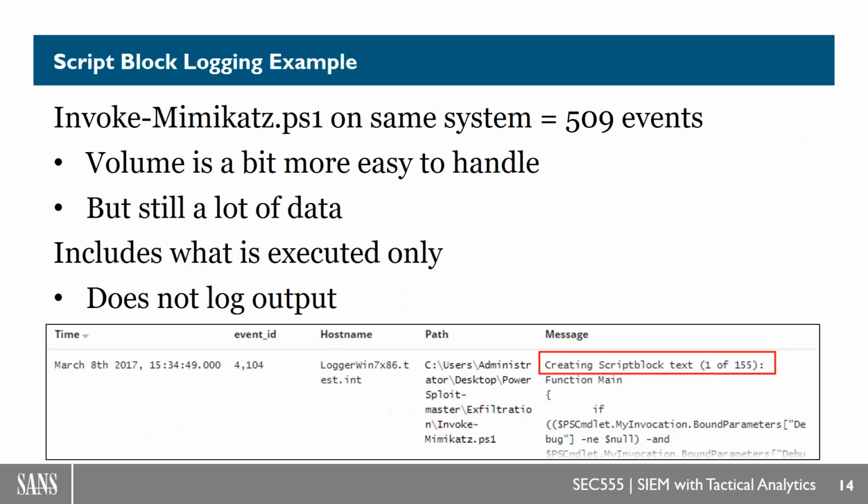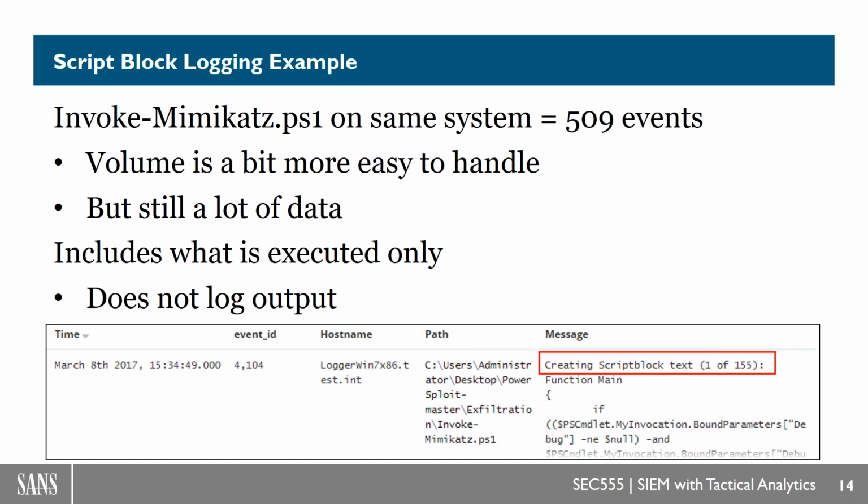Okay, now in addition to that, you see here with script block logging that same Invoke-Mimikatz search now cuts it down to 509 events as opposed to my 8,555 events. So we're getting a substantial reduction in the number of events. And again, this is going to be a little bit easier for our SIEM to ingest those logs. Okay, now we also see the script that's actually run, so function main, we see the if statement that's being run, and so now we're seeing what's actually being run on the system.